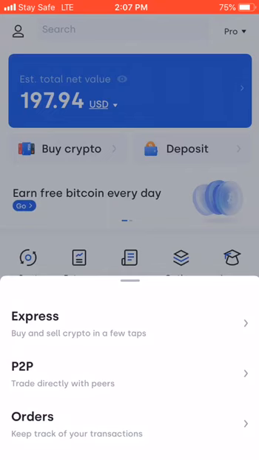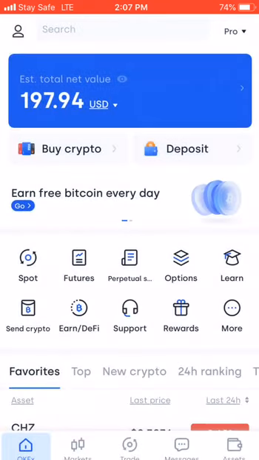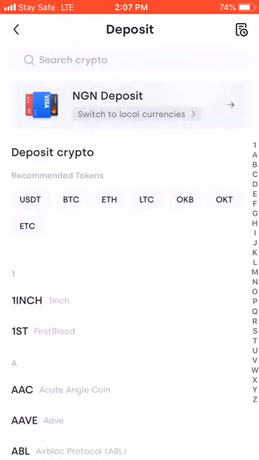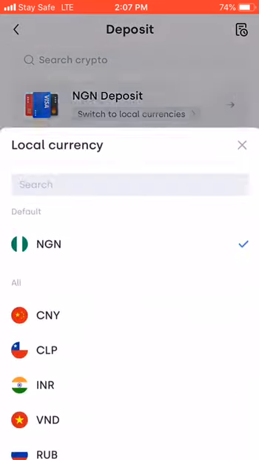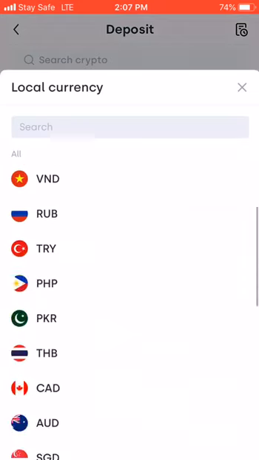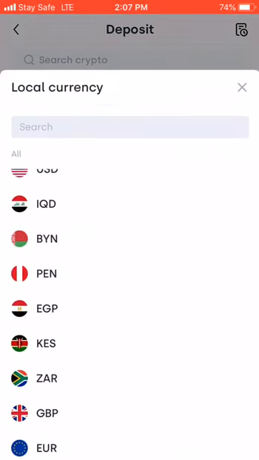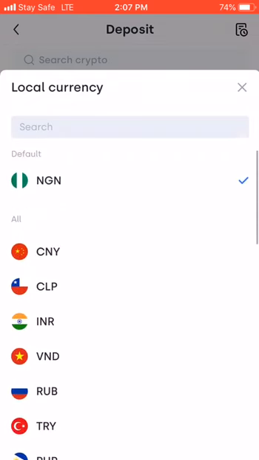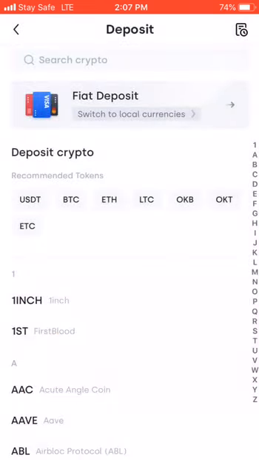with a local currency. First of all, you will click deposit because you need to deposit the local currency in your account before you will be able to use it to buy. Now, when you click deposit, if the option is at the default, maybe in Chinese currency or US dollar, you click switch to local currency, and you see the country money. You can see NGN, that is for Nigerian naira. You can see CNY and other countries. Then you choose according to your own country. When you click it, it will appear there.